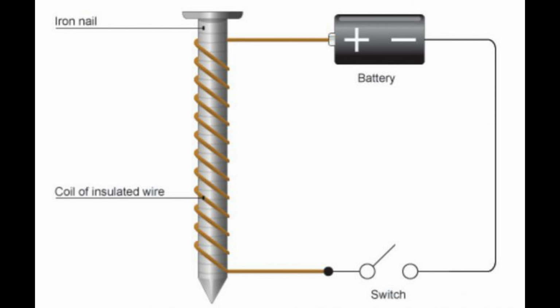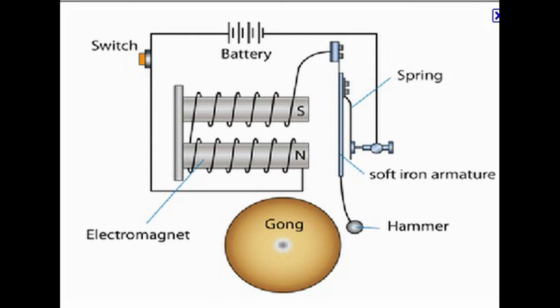One of the important uses of the electromagnet is in the electric bell. You can see in the slide the electric circuit of an electric bell. It consists of a coil of wire wound on an iron piece. The coil acts as an electromagnet. You can see in the slide two rods, an iron piece surrounded by the coil. An iron strip with a hammer at one end is kept close to the electromagnet. There is a contact screw near the iron strip.